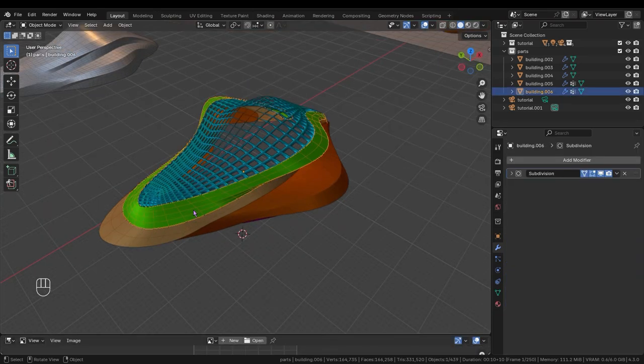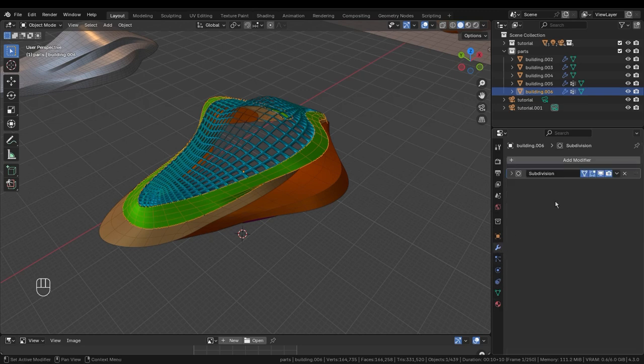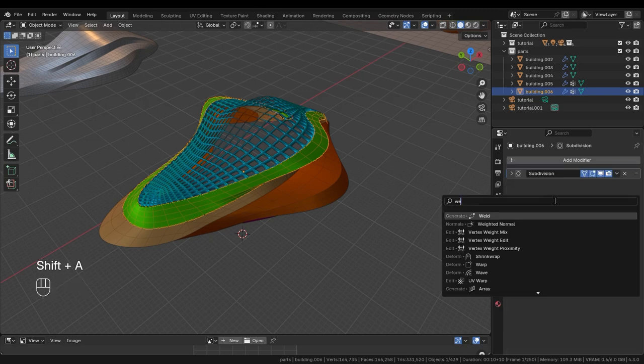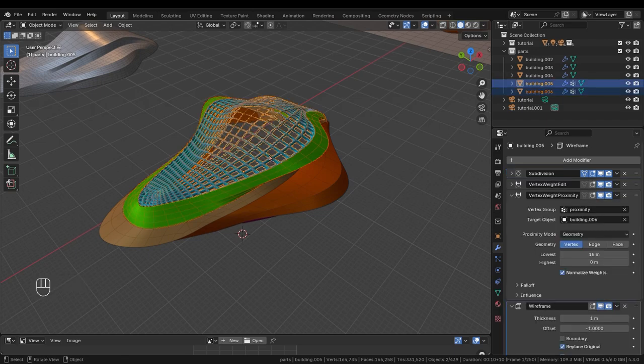Let's move to the next panel, this one. For this one, we will be using a quads proximity. So I will shift add the same thing. I can copy the same weight edit and weight proximity that I had. I will click on this first one, the green one, then the previous one while holding shift, and I will click on weight edit, this arrow copy to selected, weight proximity, this arrow copy to selected,